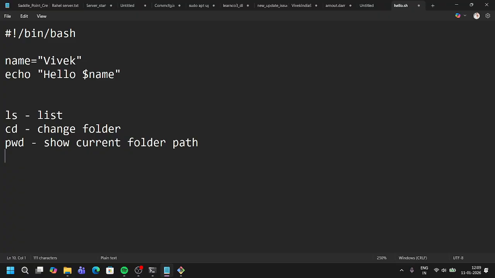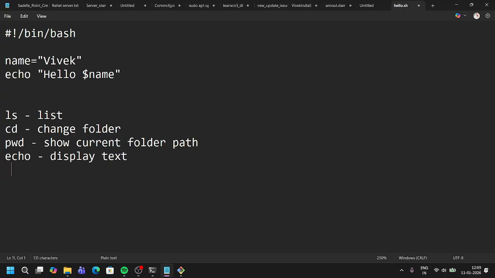And echo we have already seen, and this is for displaying text.